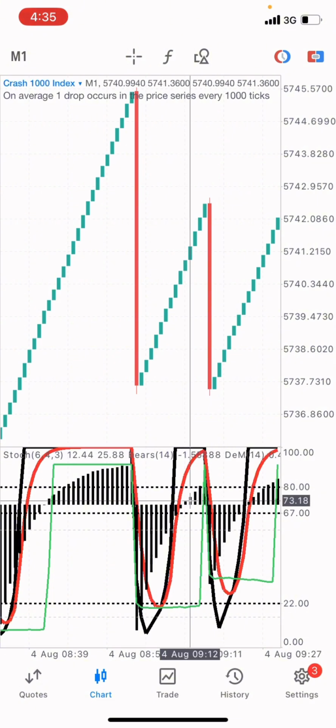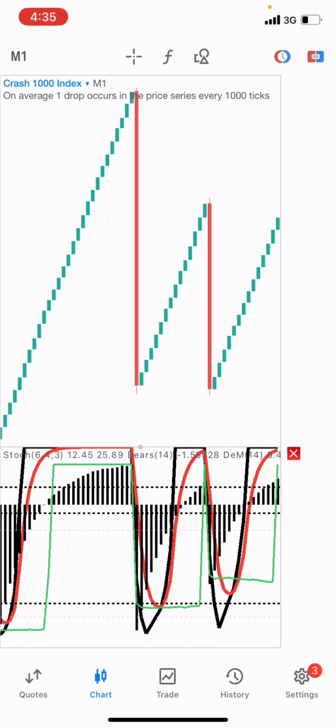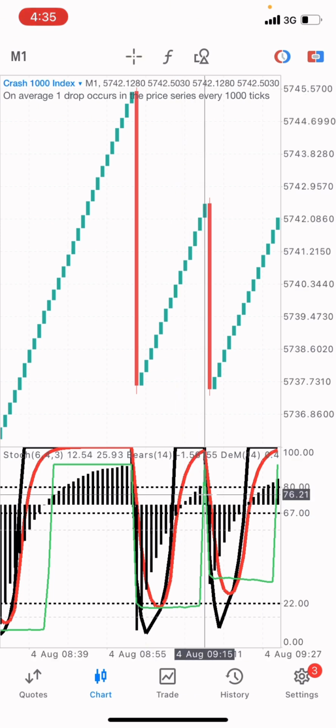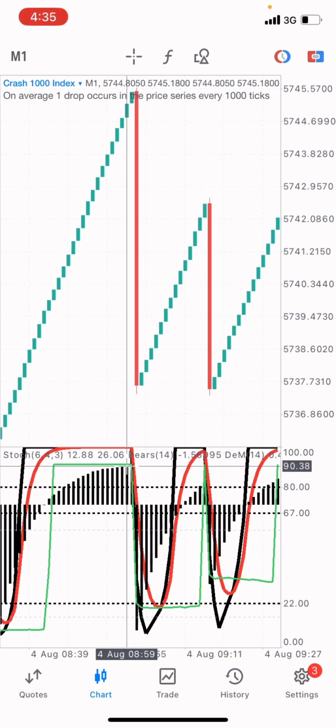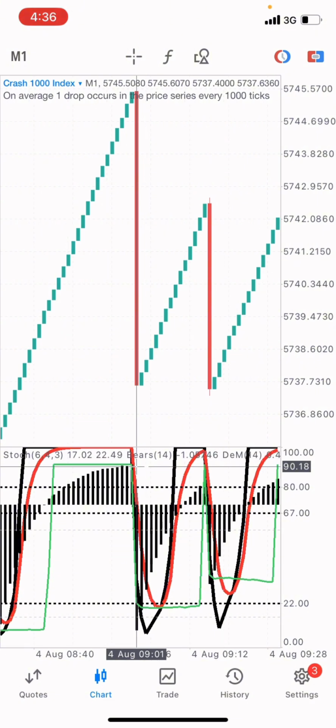this bear's power touches this level right here. This bear's power touches this green line, which is the maker line. When the bear's power touches that green line, the spike is going to come in. You can see that at this point, this is where it touched. Then the next step was a spike. At this point, this is where it touched this line, and the next step was a very big spike. Okay, so you can wait for this opportunity whenever you want to catch spikes on this market on Crash 1000